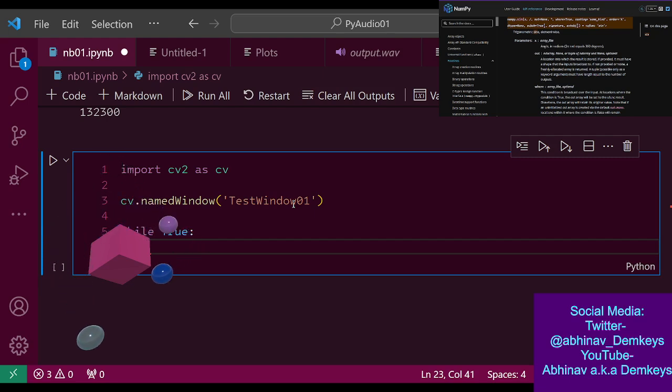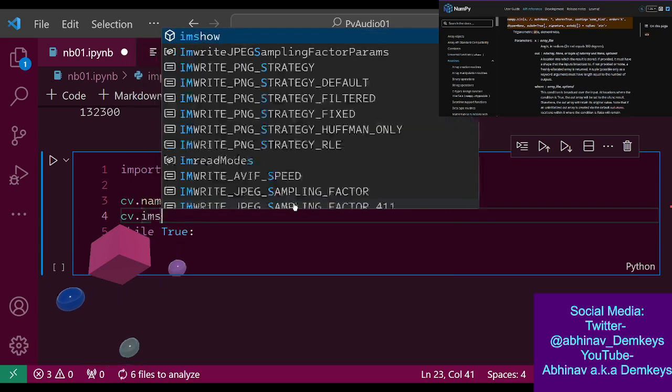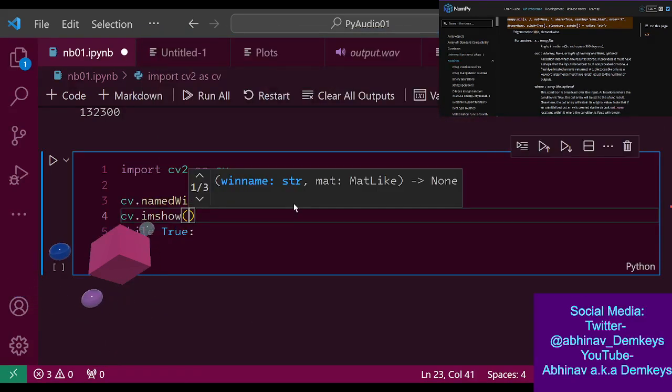Does wait key also work when there's nothing displaying? Maybe I could do imshow. What is this expecting? It's expecting a mat-like object. Do I have any image that I can load up?